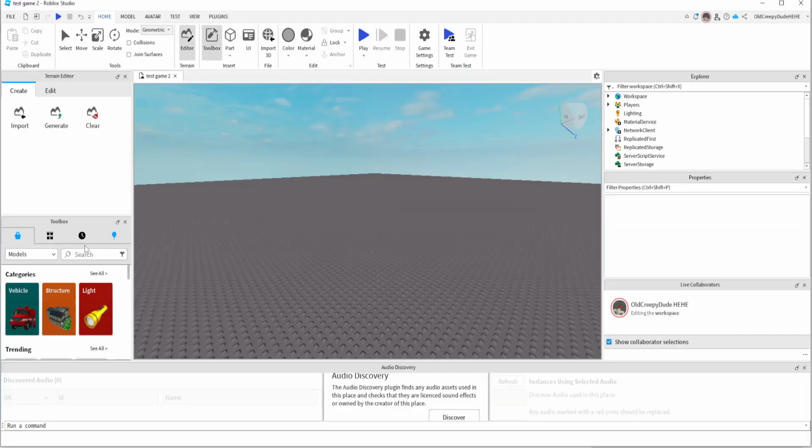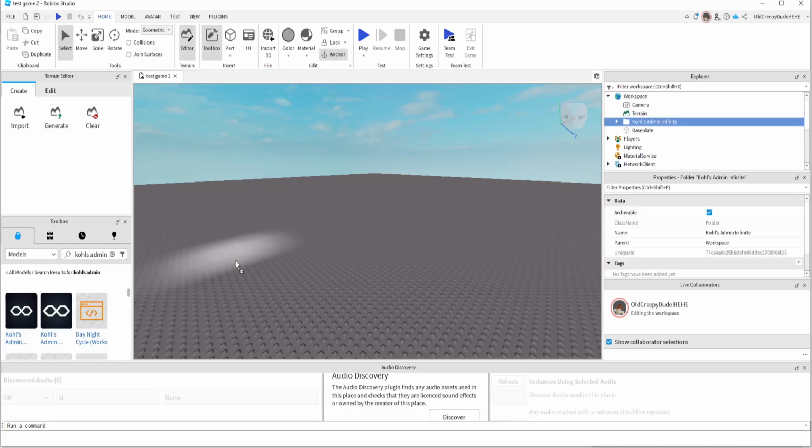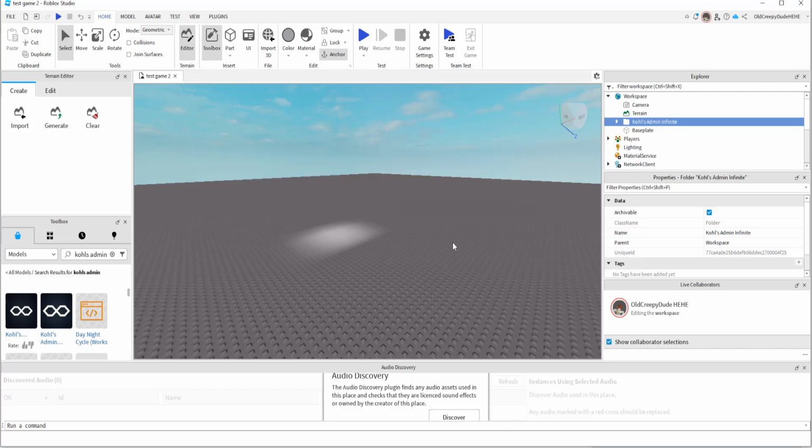Now from here, what we want to do is just make sure models is selected. So click on models here under the toolbox, and we will search for Kohl's like this. Kohl's Admin, click on it. And then here you will be able to find the Kohl's Admin Infinite. Just simply press or hold your left mouse key and drag it onto the field here, and we can click on OK. Now after we have done this, it might take a little bit of time to actually set up,